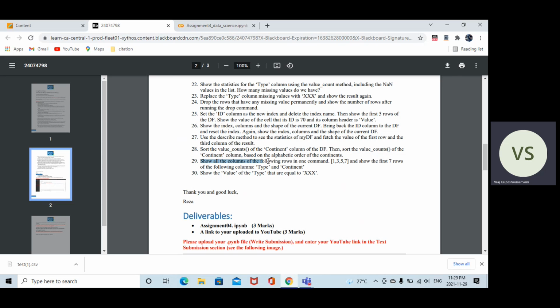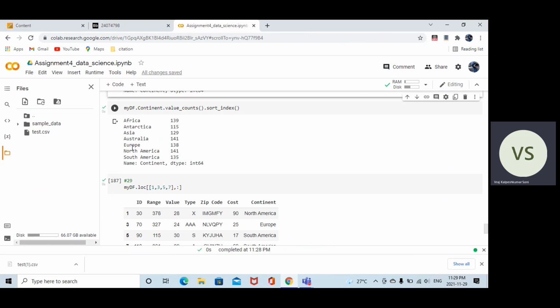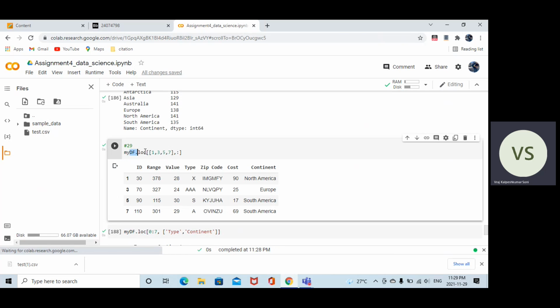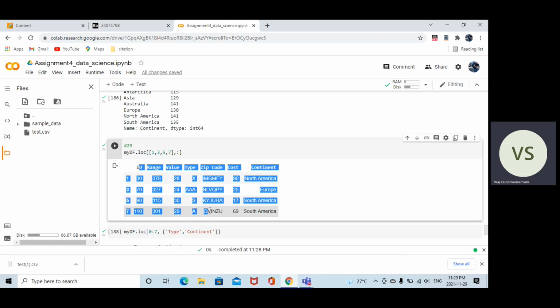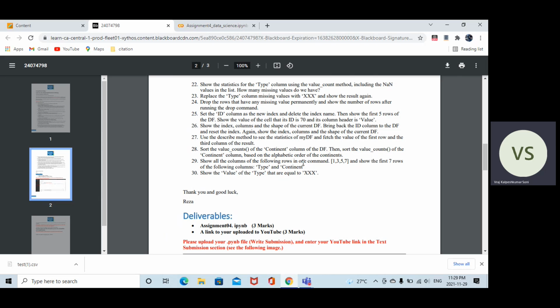Show all the columns of the following rows in one command: 1, 3, 5, 7. Look how beautifully it goes in just one simple line of command. It says my df.loc[1357] and I just have to use this colon over here and I will get the result I was looking for.